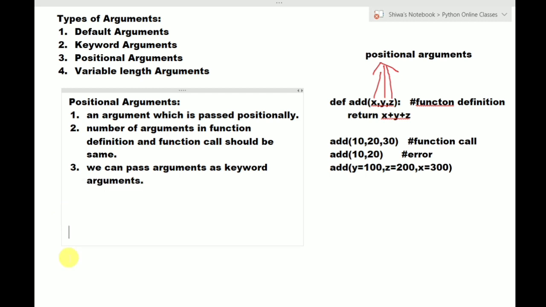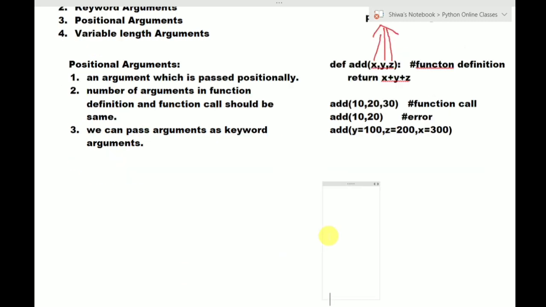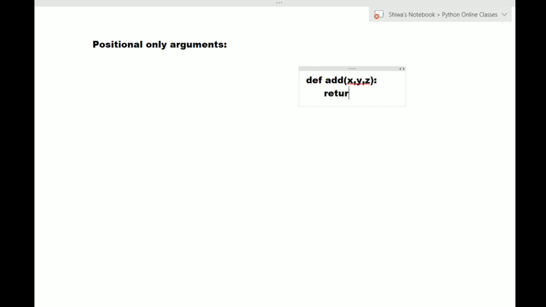See, after defining all arguments, if we write slash, for example, I am writing like this, def add of, I am defining 3 arguments here, x comma y comma z. Okay, I am writing the return statement here, that is return x plus y plus z.